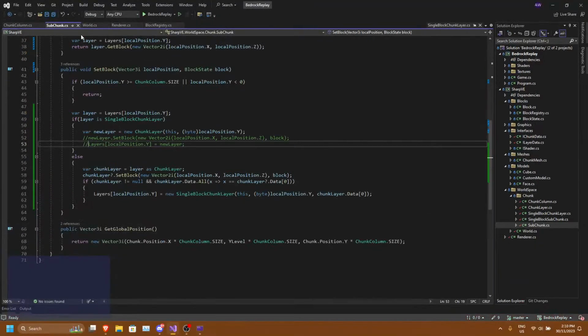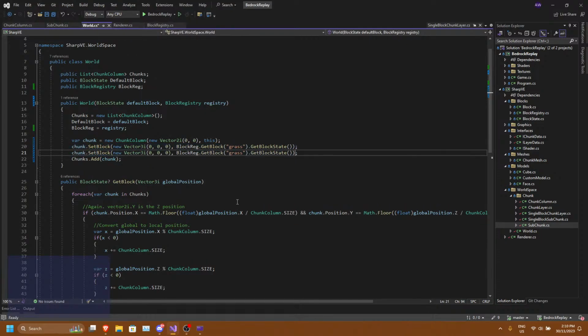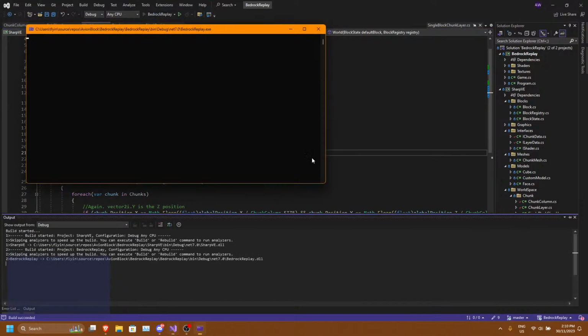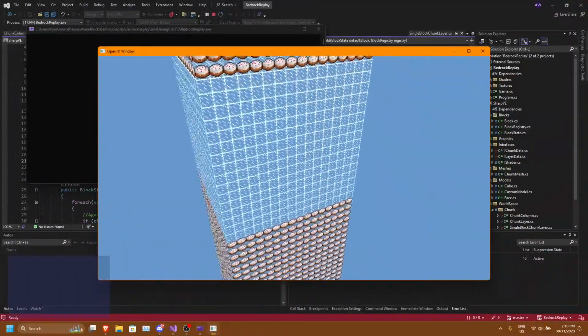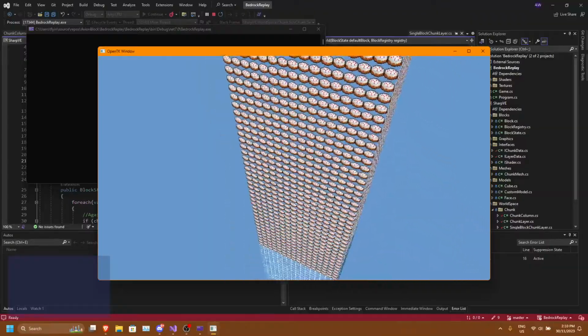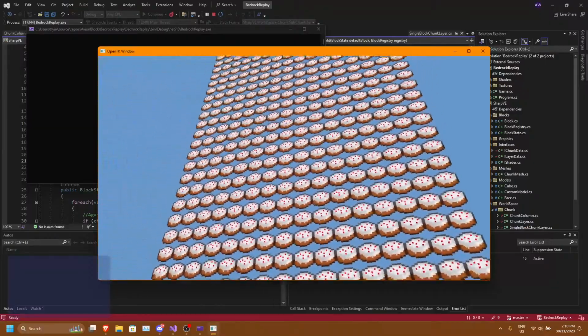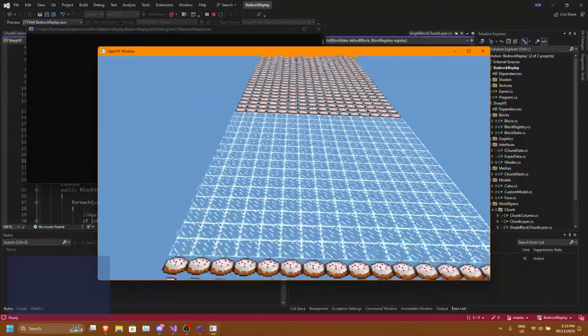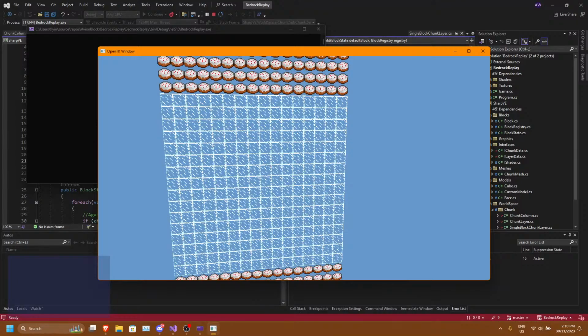Wait, so if I try and set... Let's say we'll go for 16, no. We'll go 4 times by 6. Alright, let's see if this works. Yeah! It is kind of working! So that's 0, and that's what? Okay. So this is 0, this is 1, that's 2, that's 3, and that's the 4th subchunk. So we know we are setting blocks properly, but it's not working.